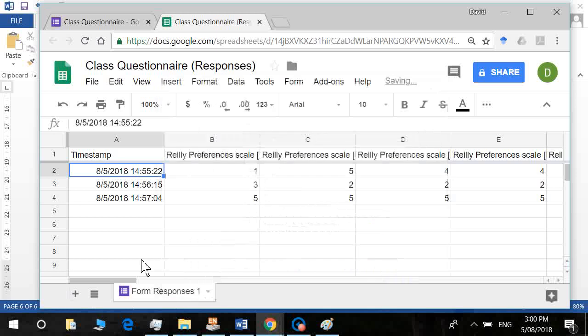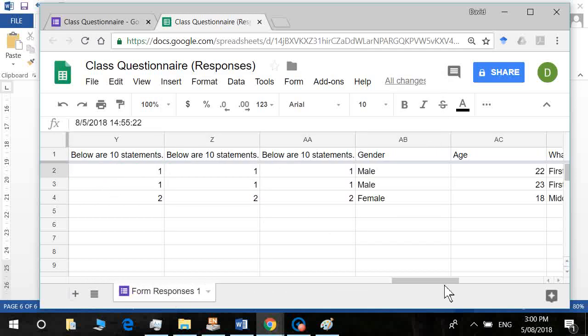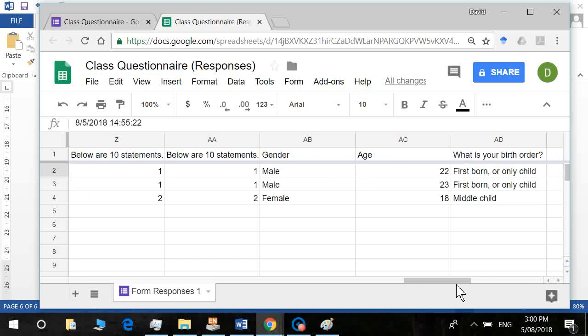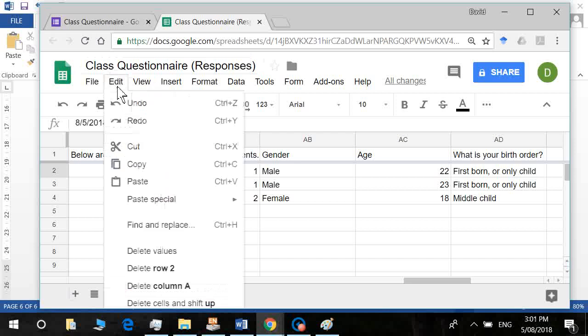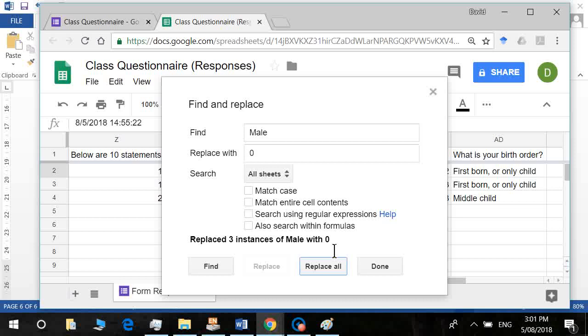Okay, I'm just going to have a look at the data and make sure there isn't any that I've missed, so they're all looking good. I might want to recode gender as well, so find and replace male, replace that with a 0. This is what we call dummy coding. Male is 0, female is 1. And if you did have any others,